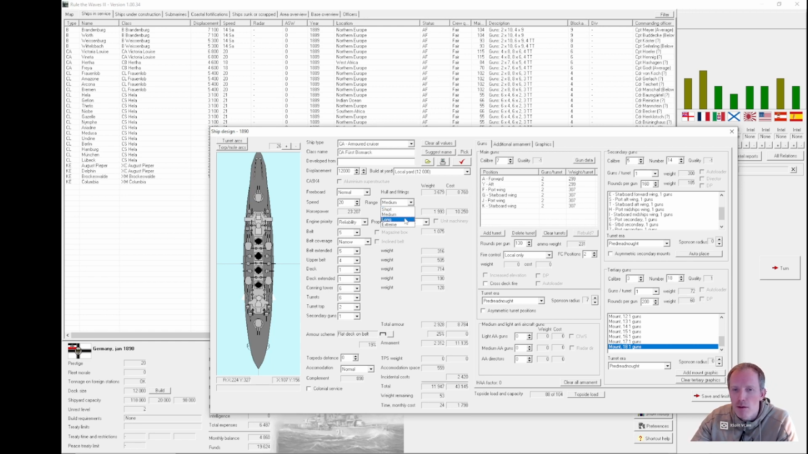Range: long is an extreme and relatively useless, and definitely out of the question at this point. We're not going anywhere but the North Atlantic, so medium is fine. We are relatively close to our bases. Short will limit us to just the North Sea and the Baltic during wartime, but you can again see it